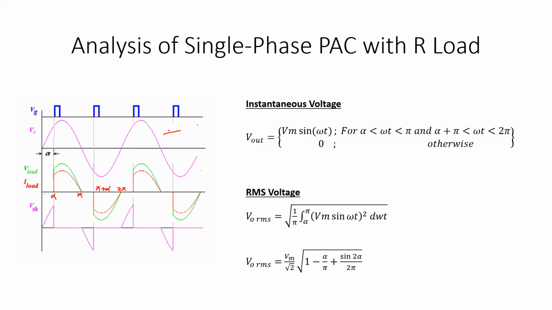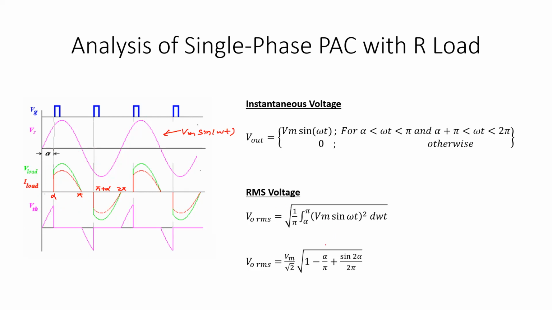So this one is Vm sin ωt, which is the supply voltage, and this will be the output voltage. And this is the thyristor voltage. When the voltage is not going to the other side, the voltage will stay across the thyristor. So that's why the thyristor voltage is like this. If you add this to this here, it comes to the supply voltage if the thyristors are ideal. So that's how you do it.